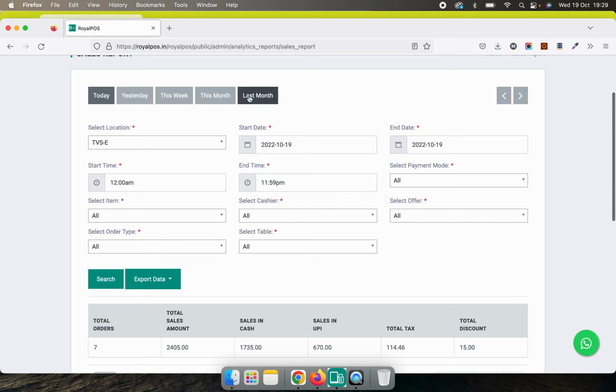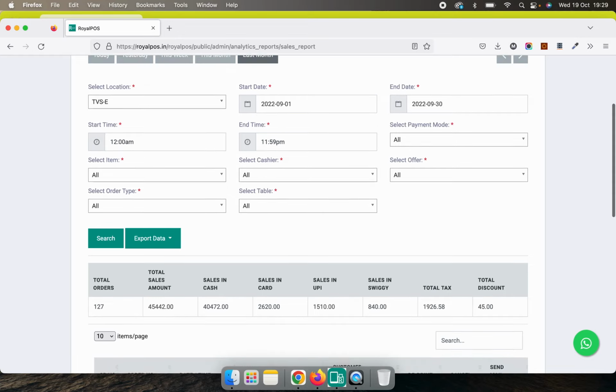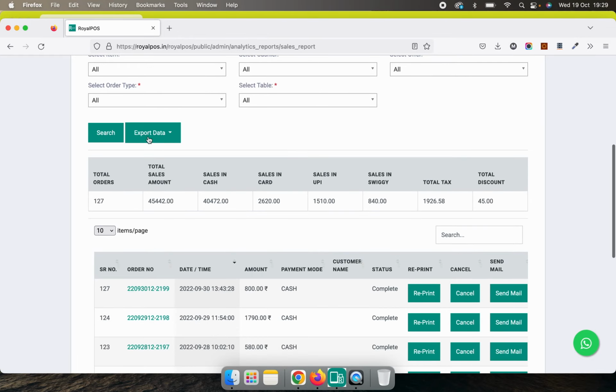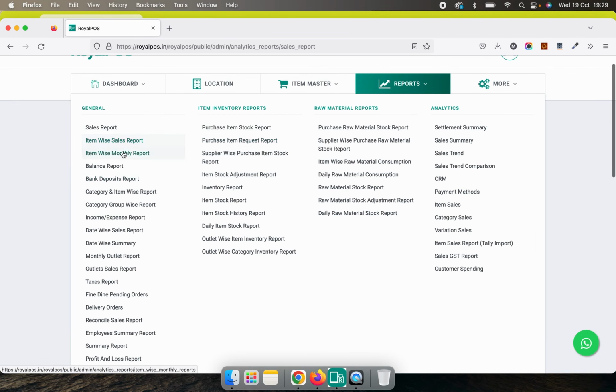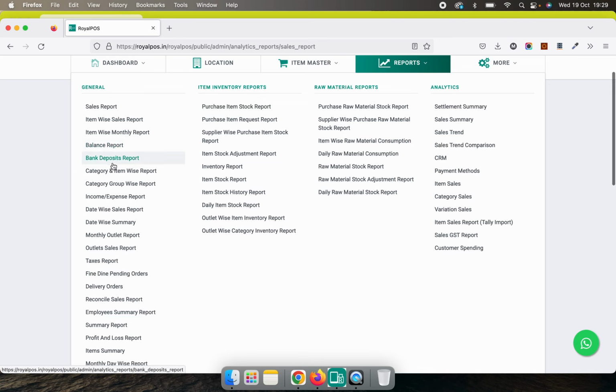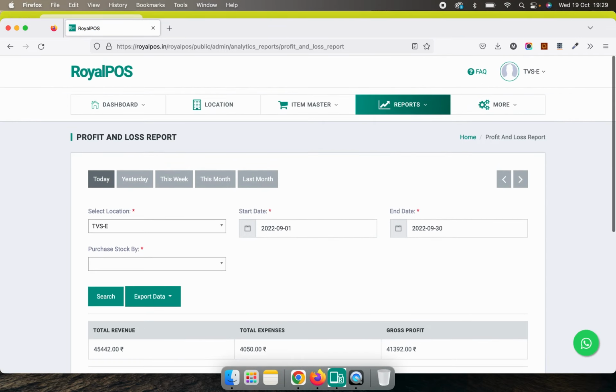You can check reports anytime, anywhere, because all it's on the cloud. You can have reports and all the options like export, CSV, Excel, and PDF. 25 plus reports are available: balance report, category and item wise report, category group wise report, income expense report, then summary report, profit and loss report. But this depends on how completely you use the inventory and everything. Then we come to the